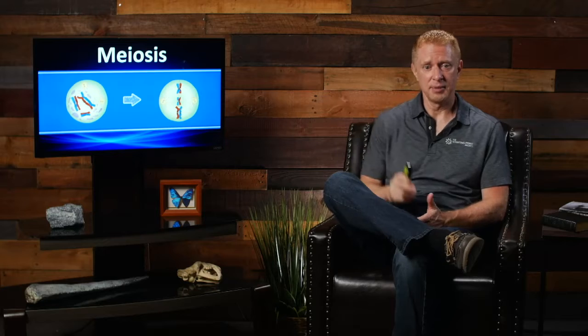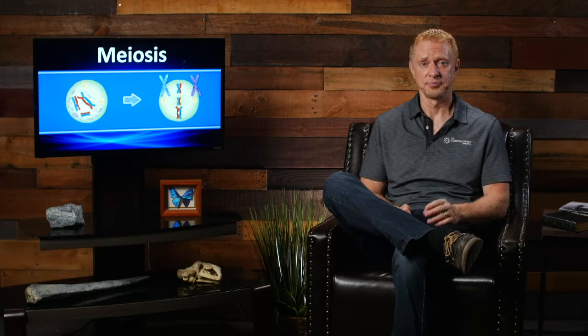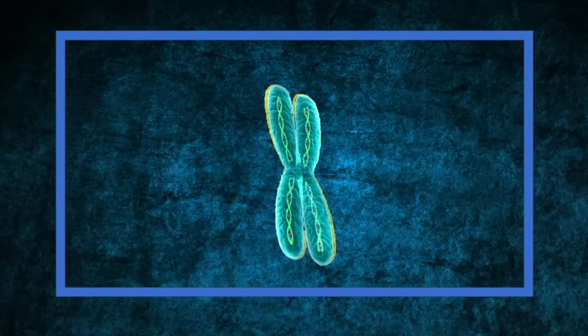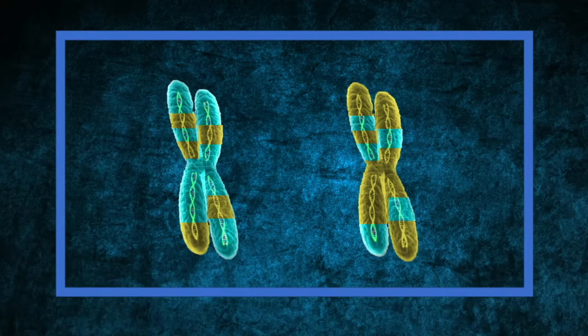We start to get the lineup in the middle of those chromosomes, but instead of it being two single strands next to each other, we actually have two X's next to each other. We have dad's X and mom's X, number one, next to each other, and they have dad's X2 and mom's X2 next to each other. And when they line up, something interesting happens. So they're next to each other, mom's and dad's. Then they start to cross over with each other. When they do, they exchange genetic information. So they end up with kind of a mixture. One of them is mainly dad's, but it's got a little bit of mom's in it. The other one's mainly mom's, but it's got a little bit of dad's in it.